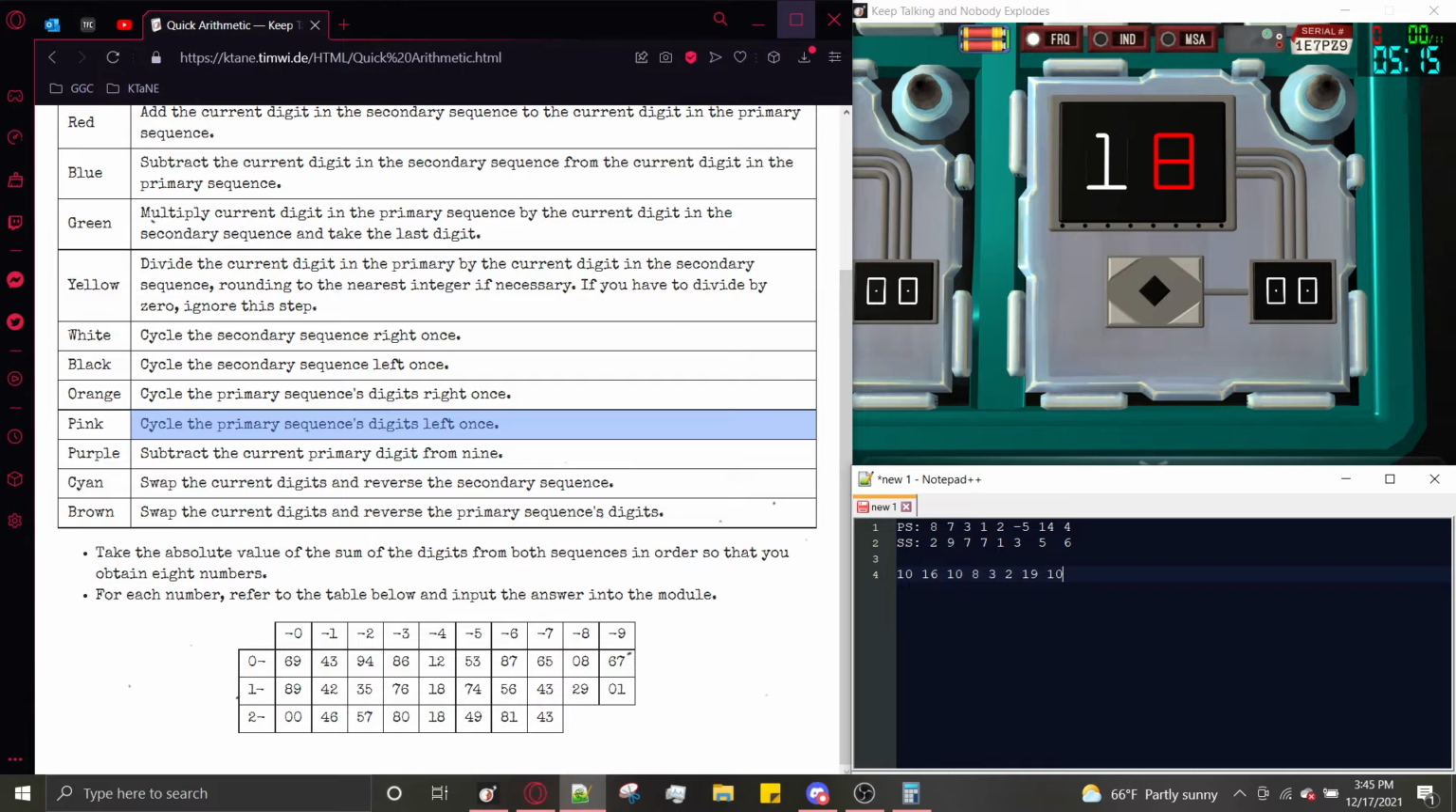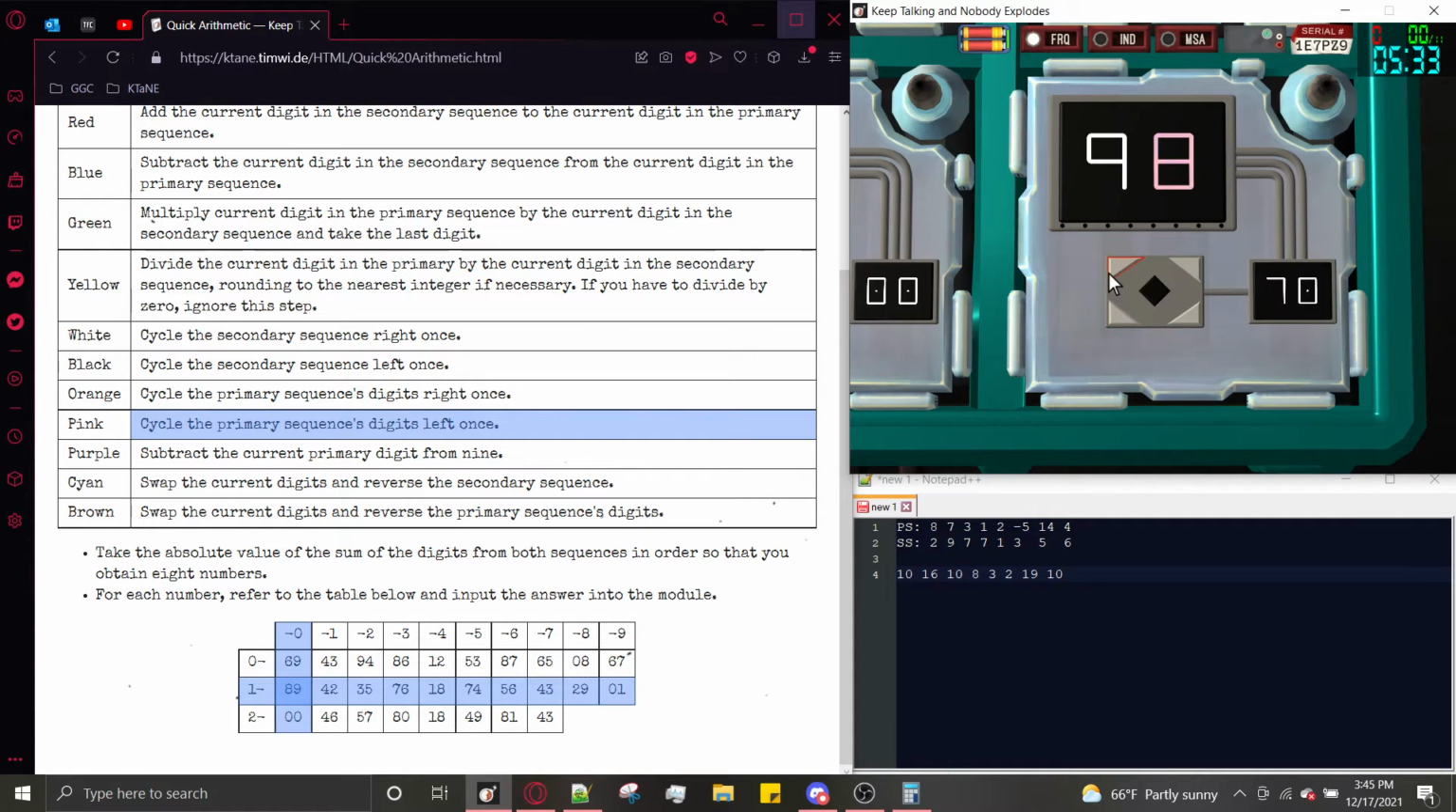Now, in order, we're going to look these numbers up in this table. So our first number is 10, which gives us 89. We're going to set the display here to 89 and submit it using the center button. So the top left button cycles the left digit up once, the bottom left cycles it down once, and the same thing happens with the right button. So we enter 89,